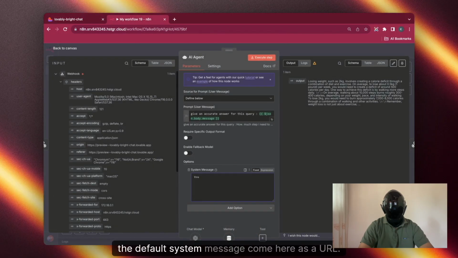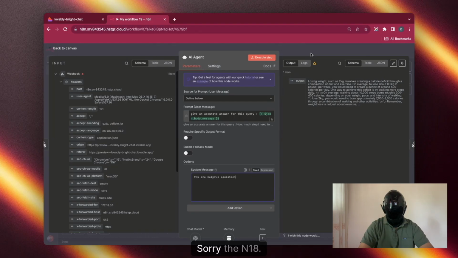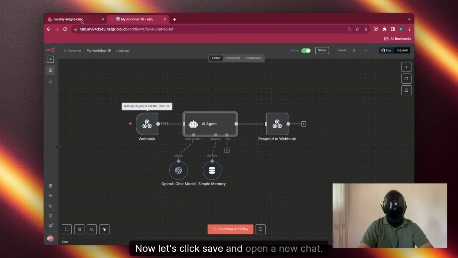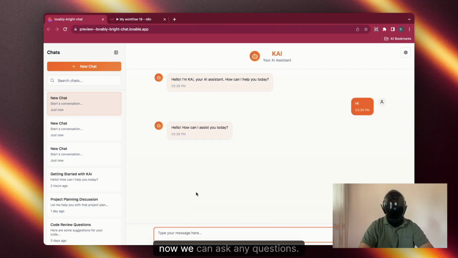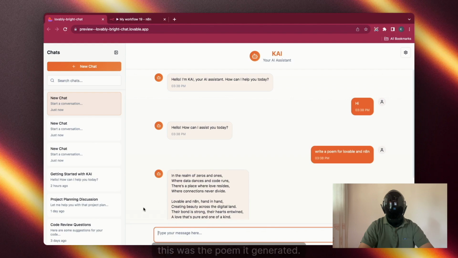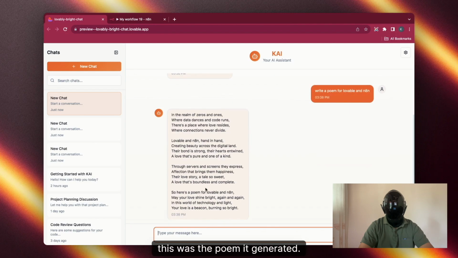Go here and change the prompt. Before, the system message came here: "You are a helpful assistant." That's the system message that comes from OpenAI. In n8n, let's click save and open a new chat, and now let's ask a question. Write a poem, for example. This was the output generator. So when we are giving a system message,